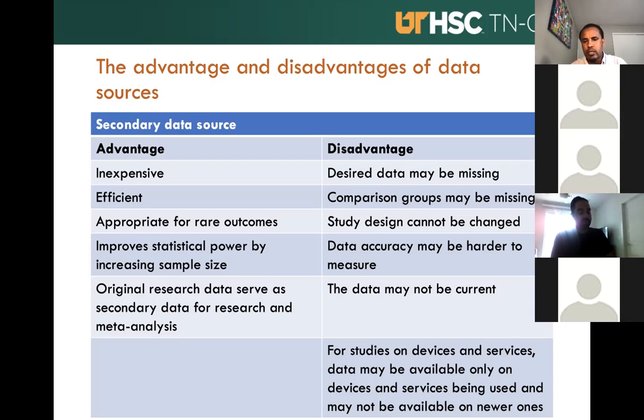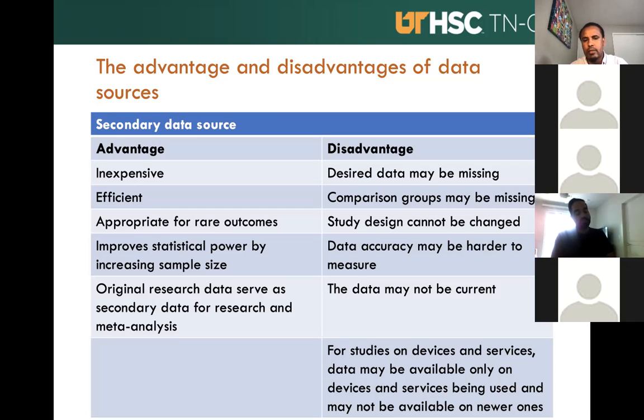So if the study design was, say, a cross-sectional study where the exposure and outcome have been collected at a snapshot during the same period, the issue is that we don't know which one happened first. But ideally, we want to know that the exposure happened before a certain health outcome so that we can say there is a temporal relationship between exposure and outcome. So in terms of secondary data, sometimes you don't get all the desired study design, and you have to use